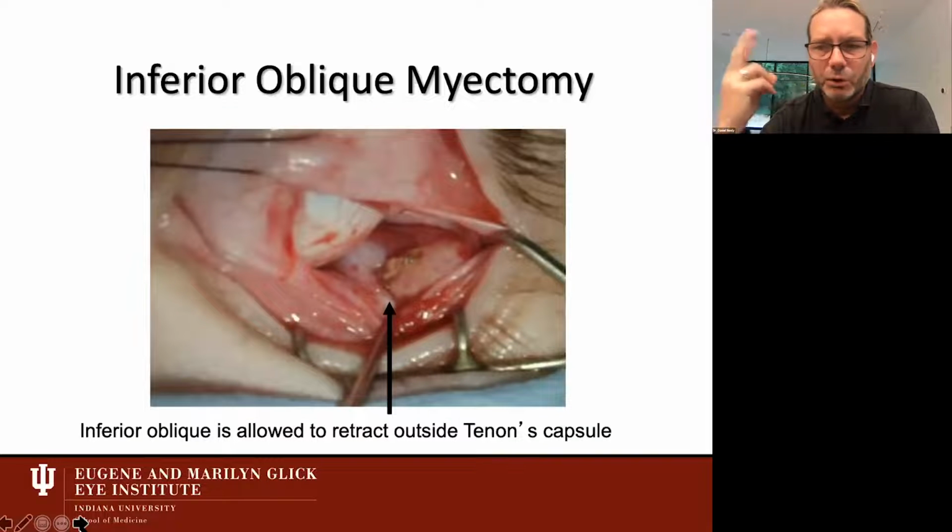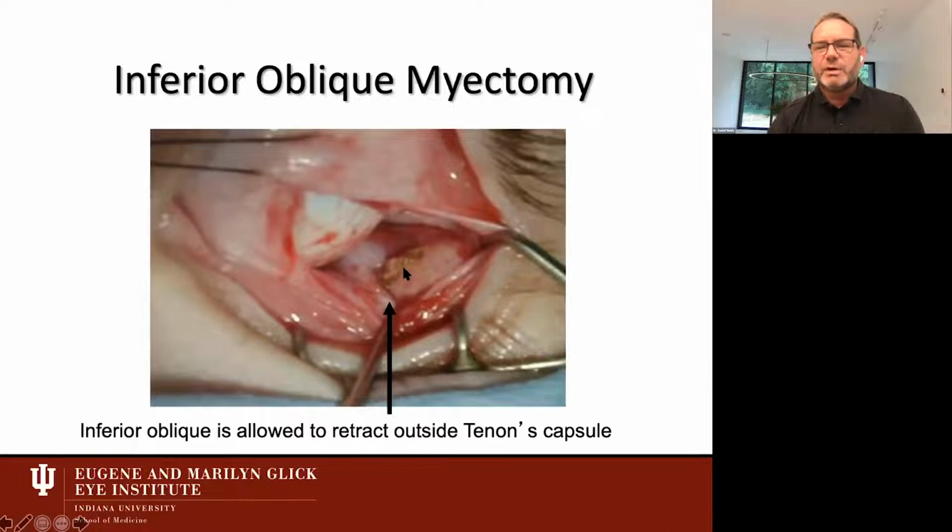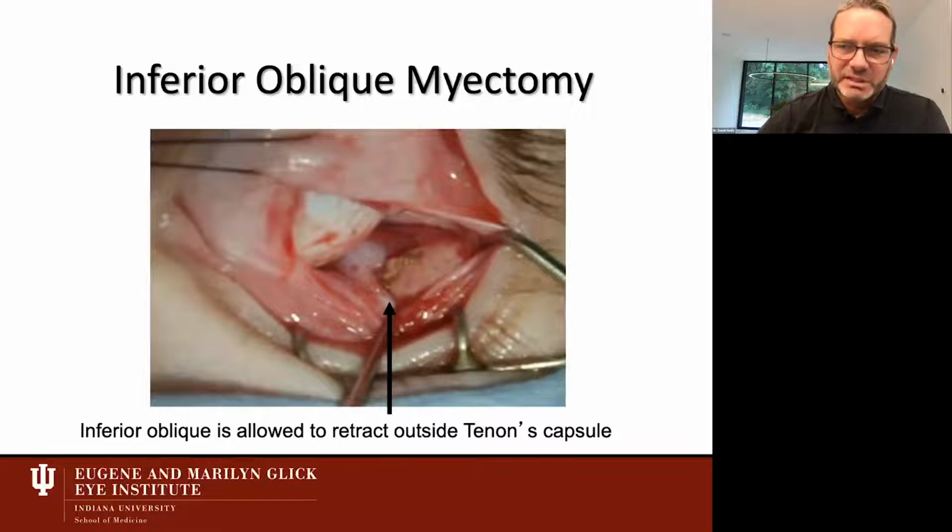All right, and then we open the hemostat and we release it. And where does it go? It doesn't go anywhere, right? So it's sitting right there at the exit through posterior Tenon's capsule. And that's why you don't have to suture these. You know, some muscles you can lose back into posterior Tenon's and never to be seen again. Medial rectus is a great example of that. But other muscles, inferior oblique,